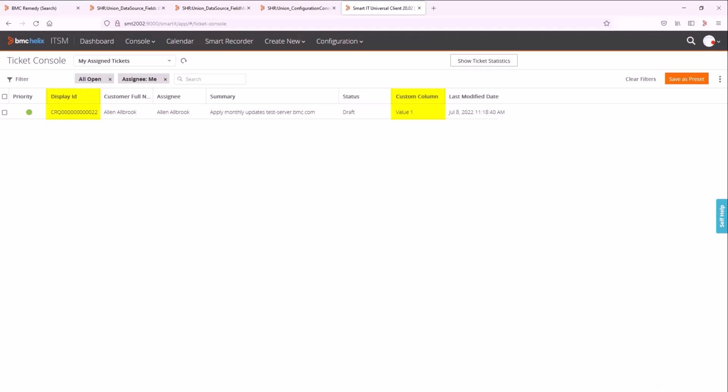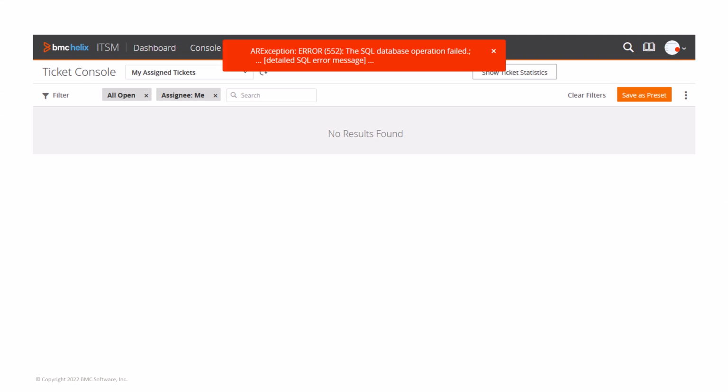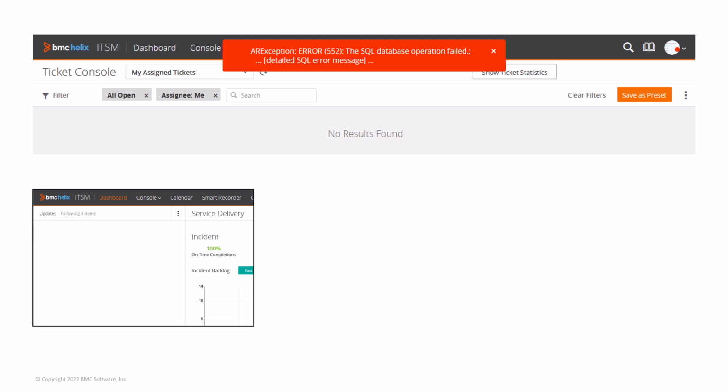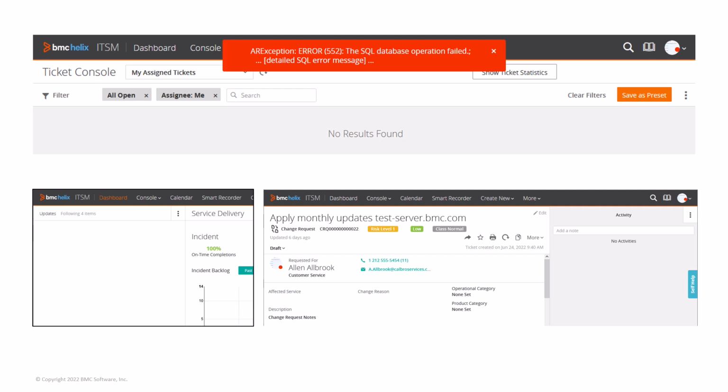However, if issues do occur when implementing such customizations, it can cause the SmartIT Ticket Console view form to become unavailable, impacting the application and possibly the support staff, as frequently used functionality in SmartIT will stop working. The most obvious area being the SmartIT Ticket Console itself, which may start showing an SQL error and no longer display any data. There are also other parts of SmartIT that use this form to retrieve some of its data and may stop working. For example, the updates feed on the SmartIT dashboard is no longer populated, and the activity feed in requests could be